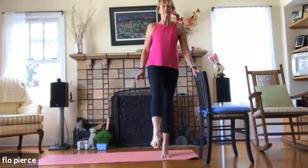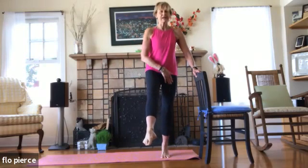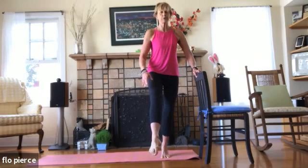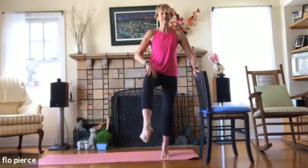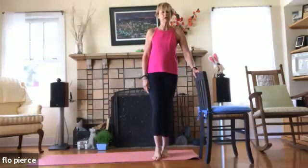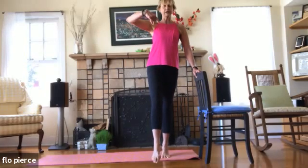Left leg is off the ground. We're gonna bend that left leg, excuse me, right leg. Bend your right leg, but you're up on your toes. So you should feel your quad working here. Lift that left leg a little higher, bend it, reach, reach, reach. So right leg is stabilizing, left leg quad work. 4, 3, 2, come down, deep breath in, roll up on those toes of that right foot again,